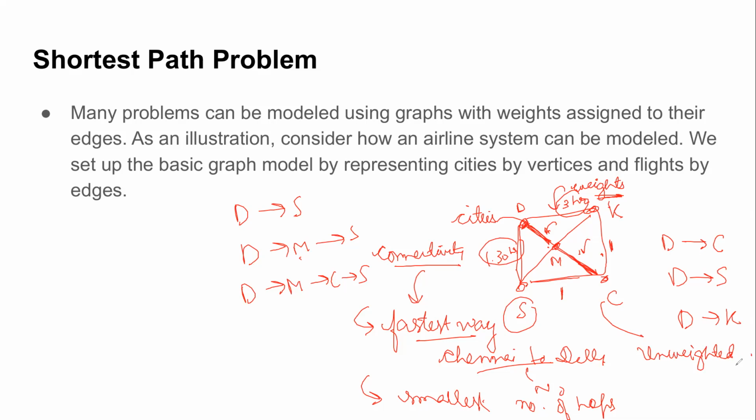But suppose I model a road network where the places are the destinations and the roads between them are the edges, and I want to find the shortest path from one place to another. What kind of graph would it require, weighted or unweighted? What I mean is, should I give the same weight to all roads, or should I change the weight based on traffic, how expanded the road is? What do you think? What would the road network and the question of shortest path require? What kind of graph would it require?